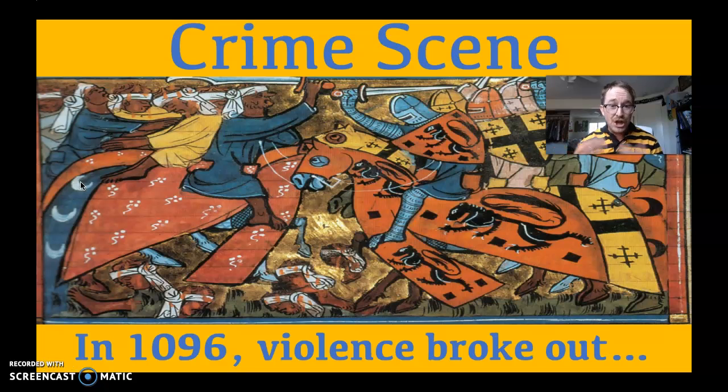Now, if you look a lot closer, what you start seeing is the graphic and gory violence that is playing out in the year 1096. If you look down here, these are severed heads. This is a severed leg. This is another severed leg. When we're talking about the violence in 1096, this is not pretty stuff. In fact, you are going to read some very, very gruesome and violent primary sources today that I want you to pay particular attention to.